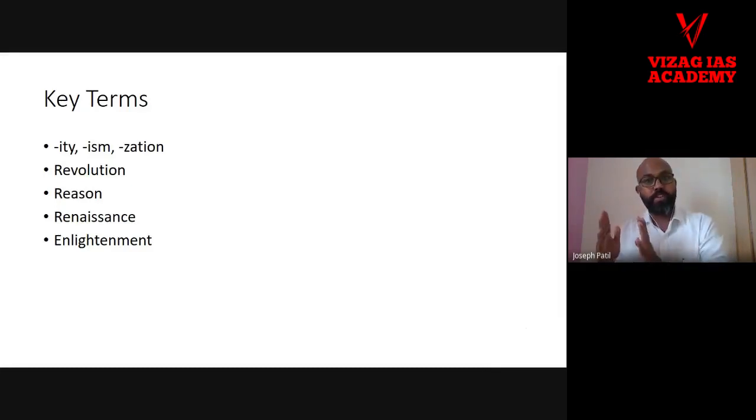Enlightenment follows Renaissance, and Enlightenment is the age of reason. Renaissance was still within the church. Enlightenment is beginning to challenge the church also, and Enlightenment is also challenging the state, by the way. It not only challenges the church, the state at that time, the monarchy, the political structure, got its